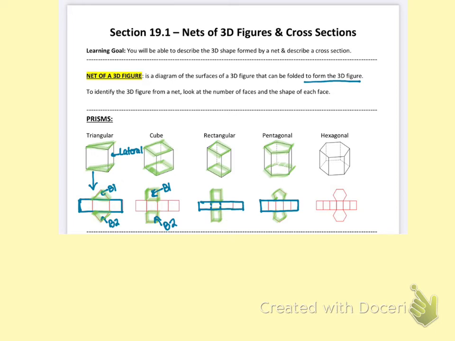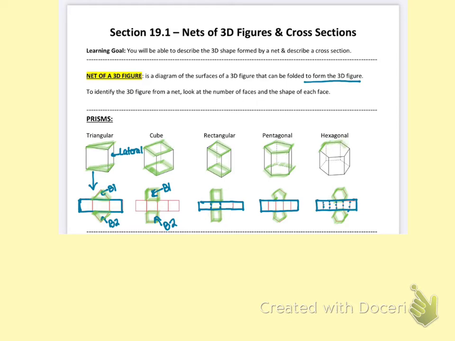So that's how you can always identify a net of a prism: you'll have this lateral surface that's one big long rectangle, and you'll have 2 congruent bases, 1 on either side. Okay, so again, here's this lateral surface. It's like one big rectangle when we lay it down, but maybe it's folded along these little edges, because say these were where each of the corners of that prism were, right? So that's a hexagonal